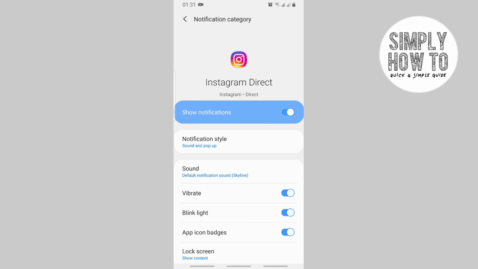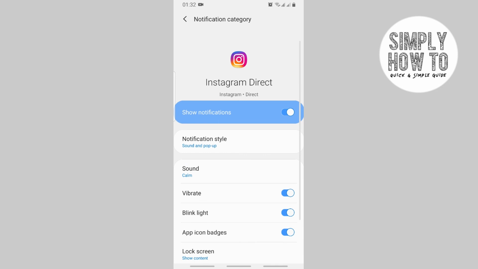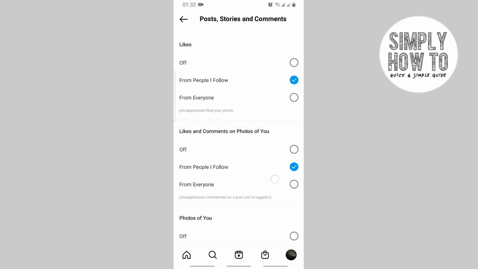Here you get to be like listed the kind of ringtones and notification sounds that are available on your phone. You can choose from whichever one of them, and once you pick the one that you like, then just click it, and then you can go back to the Instagram from there, and you can set whichever value next, like